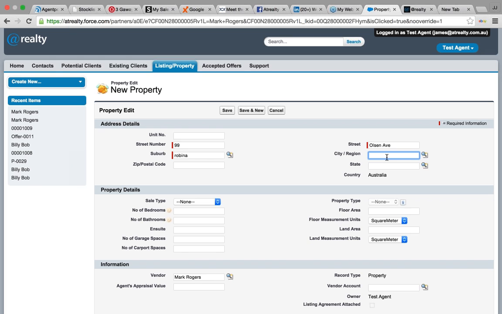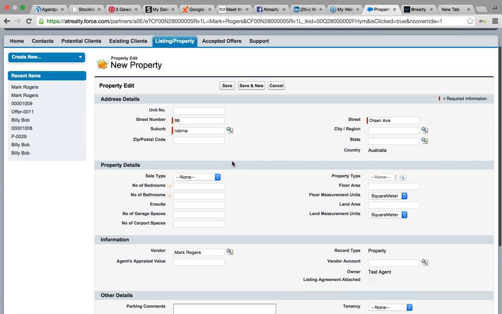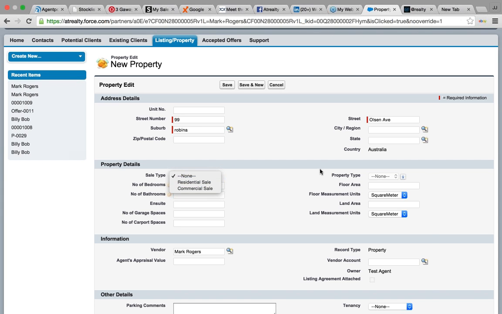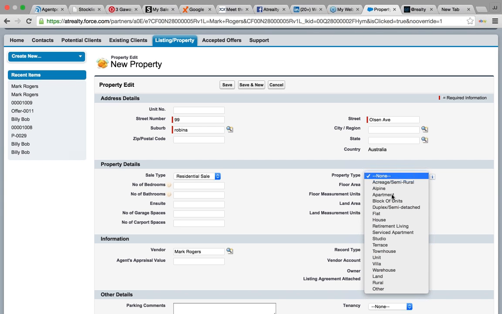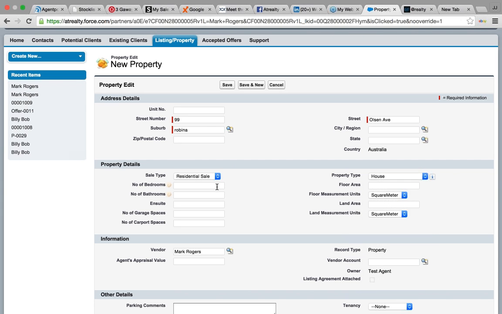Okay, the rest of the fields here, city, region, state, zip/postal code, those will automatically be filled in, so you don't need to fill those in. And then I can scroll down here to sell type, which is residential, and I'll say this is a house. Make it a 2-bedroom house. Floor area, let's just say it's 100 square meters. Bathrooms, 2 bathrooms, 1 ensuite,